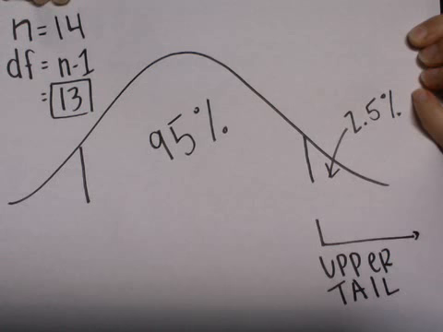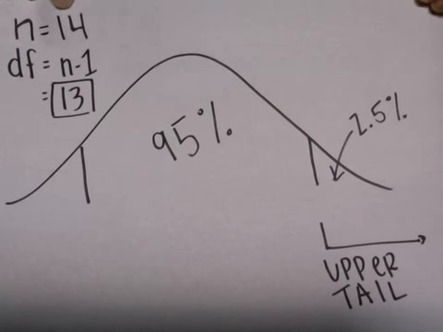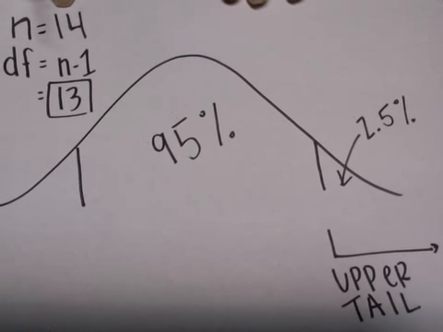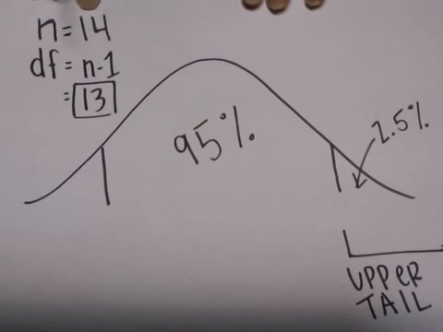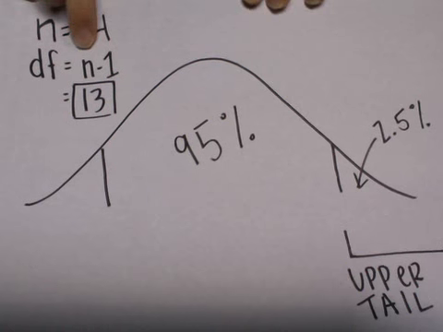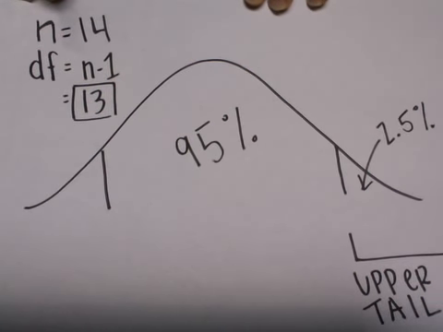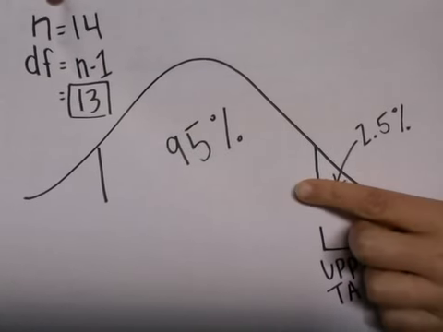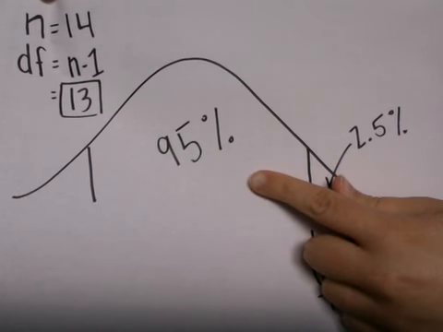You need to know your sample size, which will give you your degrees of freedom. Your sample size is 14 in the problem that I posted, and so your degrees of freedom in this case would just be 1 minus that, which is 13. Now you also need to know your confidence level. In this case, the confidence level was 95%